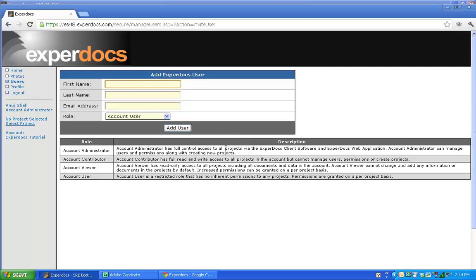The role is very important, as this will determine what permissions you grant the user who you're adding to your account. I'm going to go ahead, just for example, and we'll add a name of, I'm just making this up, Thomas, and a last name of Orlando, and we'll give him an email address. I'm just of course making this up. And we will give him an account user role. Click on add user,